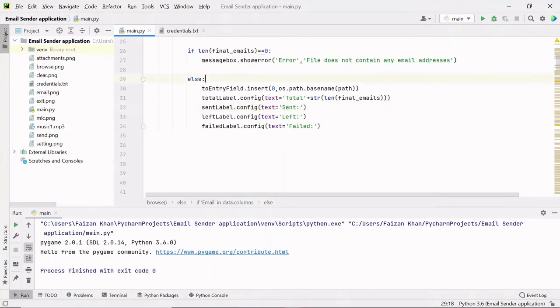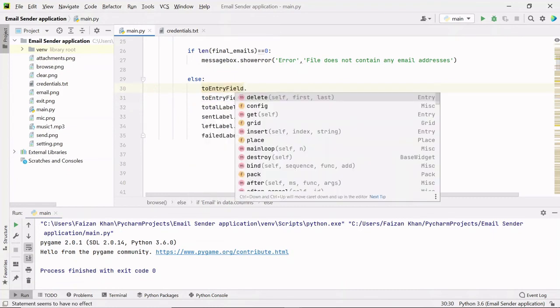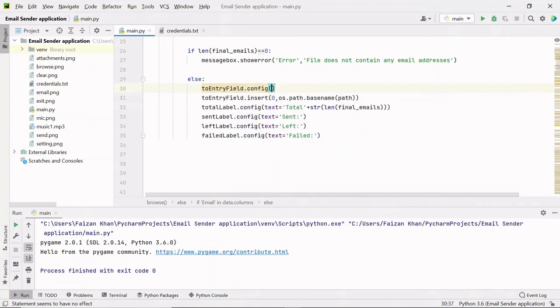So what we have to do, firstly we have to make the state of the to entry field normal, and only then will we be able to insert anything. So I'll use the config method and I'll make the state normal first, and then the insertion will take place. Okay, and here after this Total I'll add a colon and then provide a space like this.